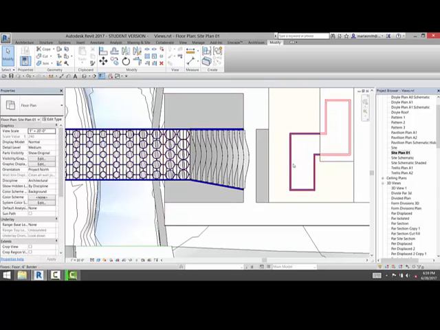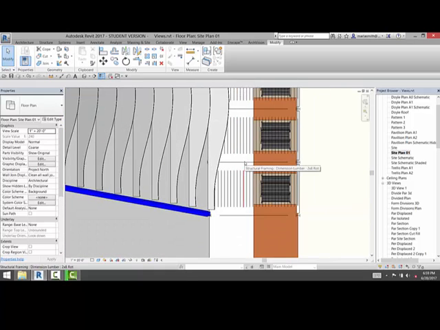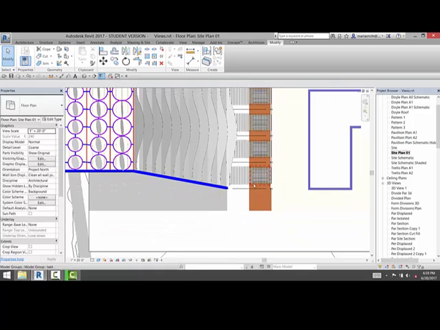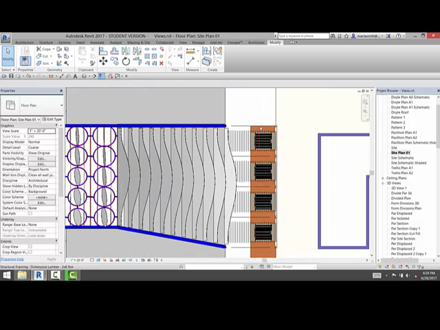It's possible I could keep them in there, and one way that it might work if I Control Z and bring that back is I could come in, and here I have the detail level set to medium. If I set that to coarse, it actually turns the beams into lines, which is more graphic, and that might be okay. Now the only thing I want to hide is sort of this series of